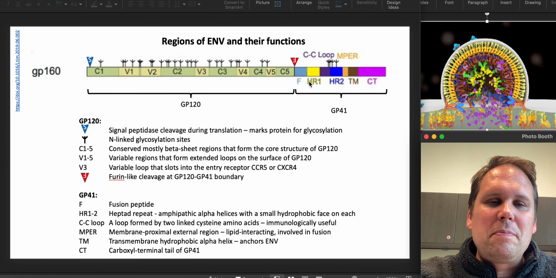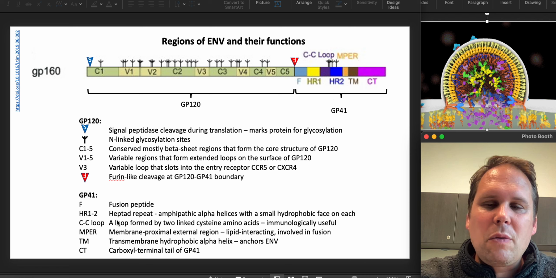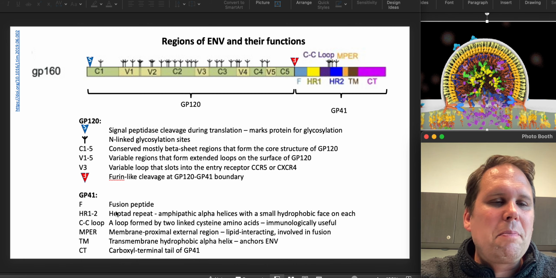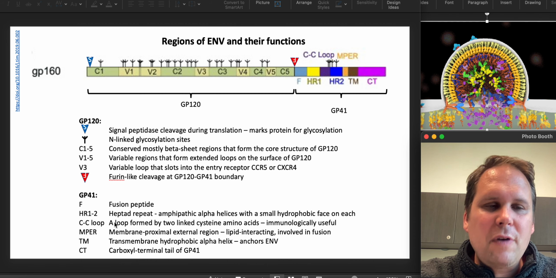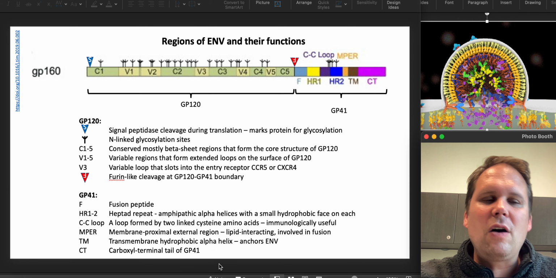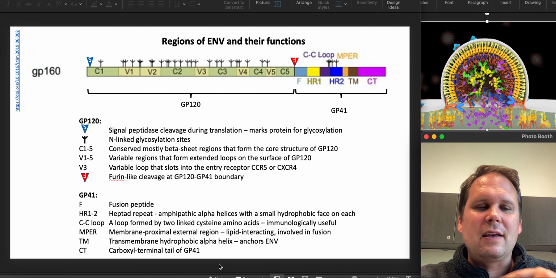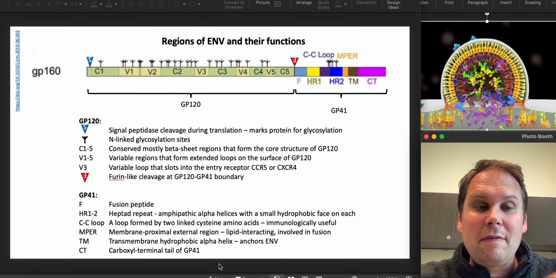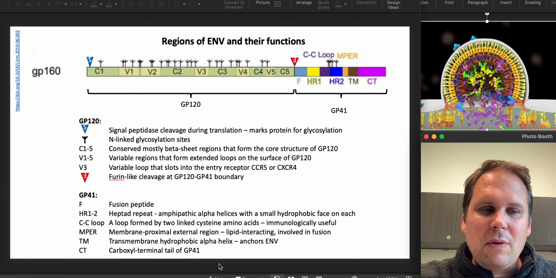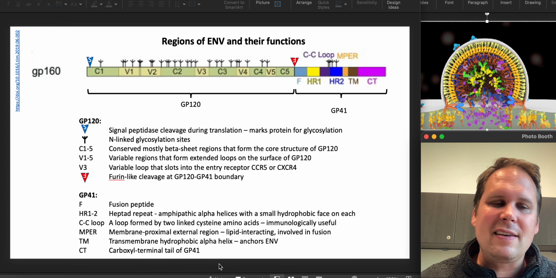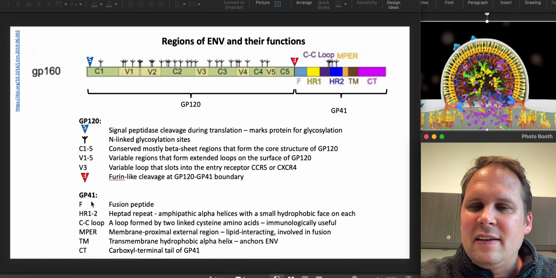This is going to be helped out by HR1 and HR2, which stand for heptad repeats. And a heptad just means a group of 7 things. These are named after a repeating pattern where there are hydrophobic amino acids at the 1st, 4th, and 7th positions, which all end up falling on the same side of an alpha helix. So an alpha helix, as it's going along, is going to make 2 complete revolutions every 7 amino acids. And so 1, 4, and 7 end up roughly on the same side of the helix. That's the idea.